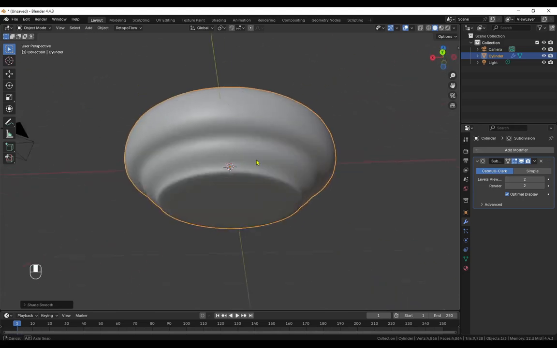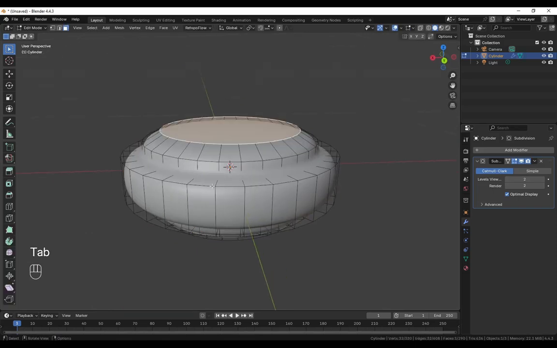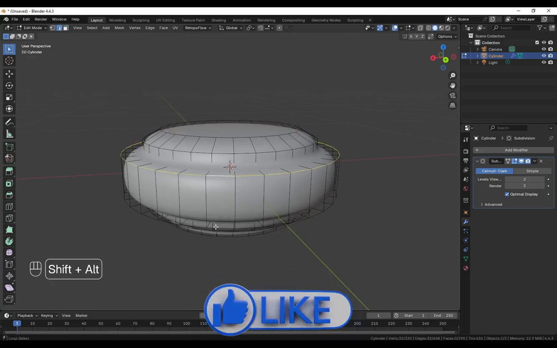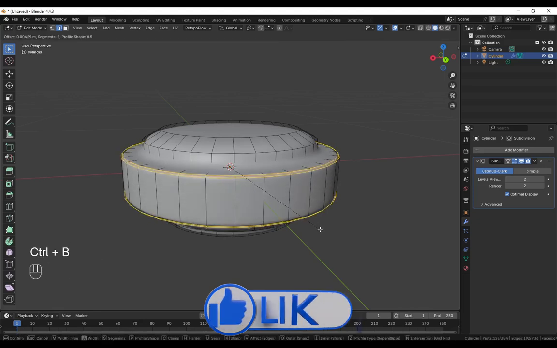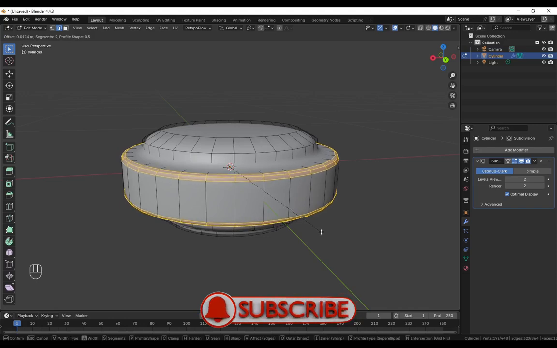So now let's sharpen the edges. So go to the edit mode and then let's come to the edge select mode, Alt and click these two edges, Control B to bevel in order to sharpen our edges. Okay,